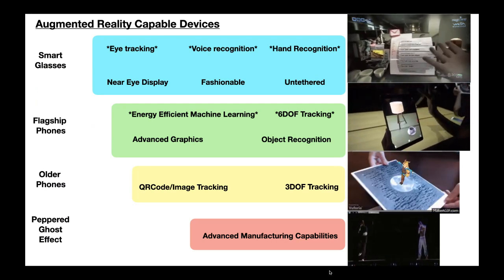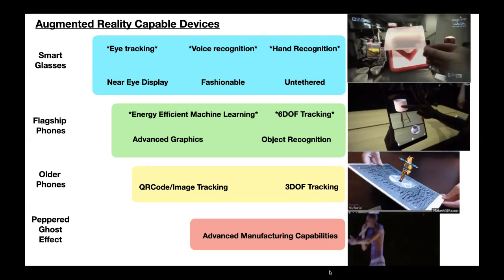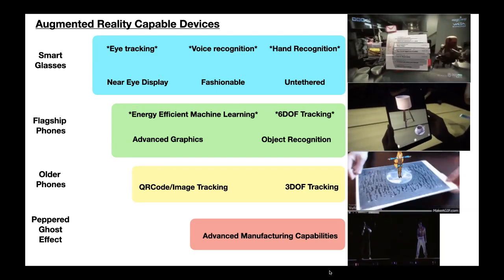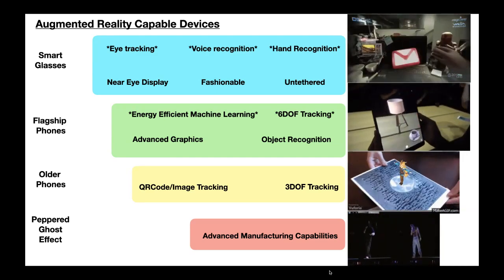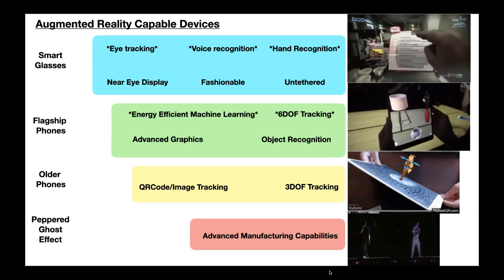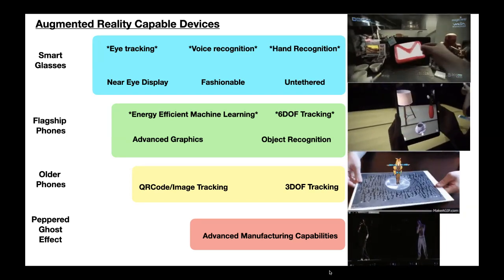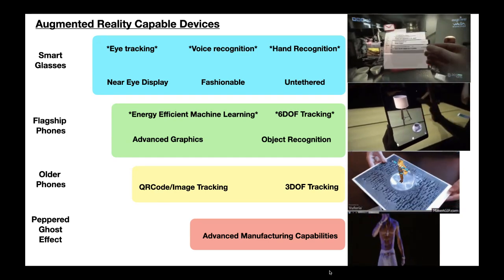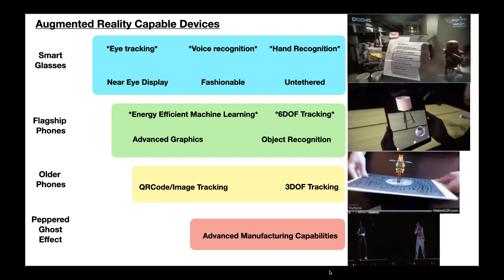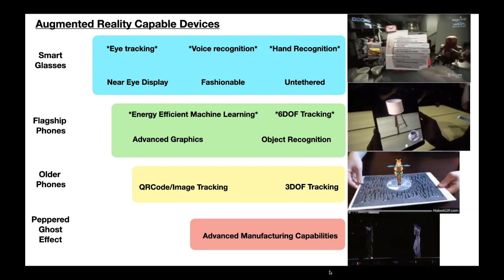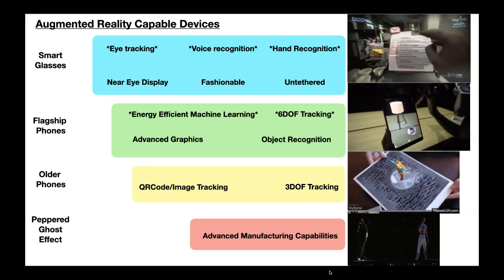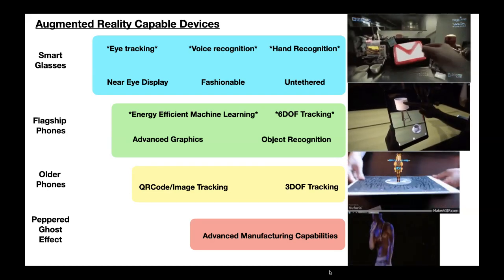And so this brings us back to my favorite chart here, which shows the spectrum of augmented reality capable devices. Starting from the bottom, as we go up, everything will have everything below it. So at the bottom, we have the Pepper's Ghost effect, that's the Tupac hologram that you saw at Coachella. Maybe you haven't seen it, go check it out. Basically, this is what allows different performers to appear on stage after they've passed away.